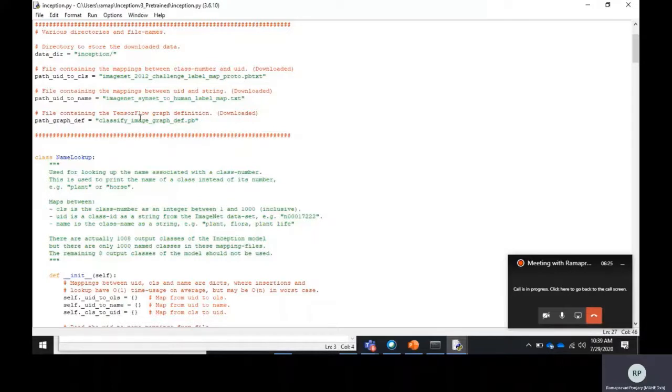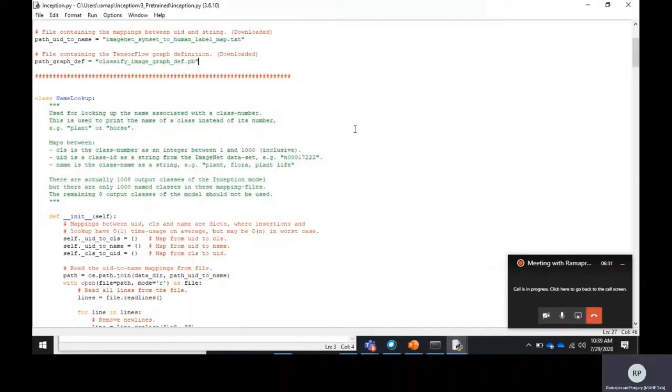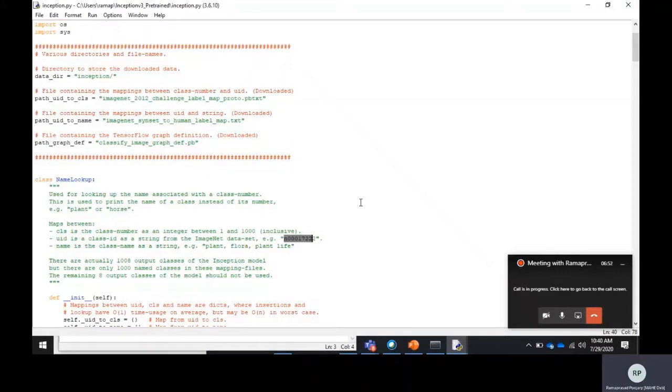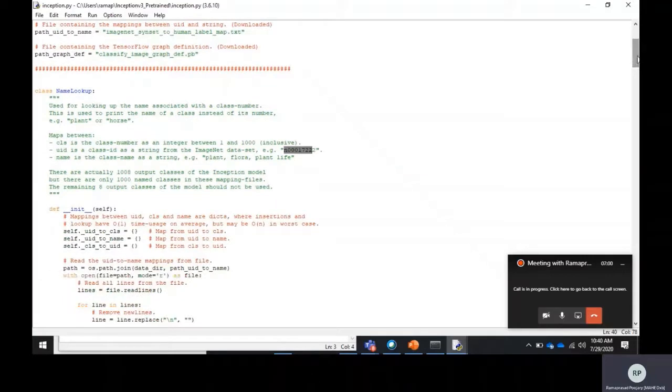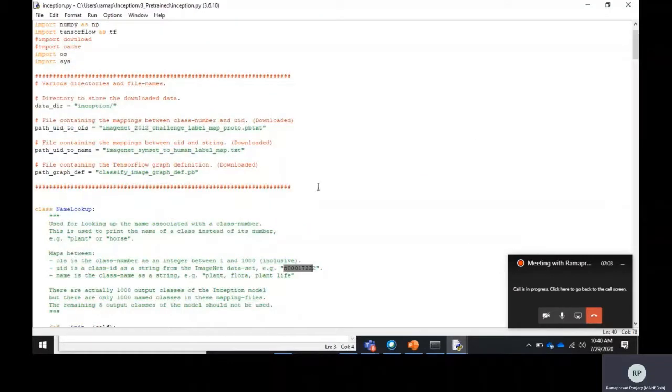Then you know that this Inception v3 has already been trained on the ImageNet data set. If you look at the ImageNet data set, it has thousands of images, almost 20,000 image classes, and each class has a unique identification number, UID. This ID will look like this. But Inception v3 is not trained on 20,000 classes. It is trained on 1,000 image classes, which include orange, cheeseburger, tiger, some flowers or vegetables, etc.